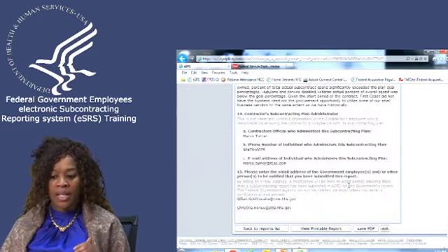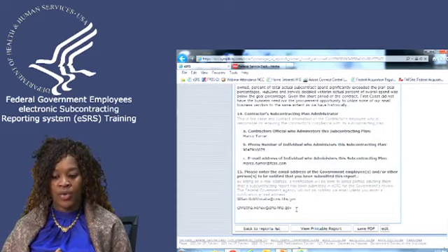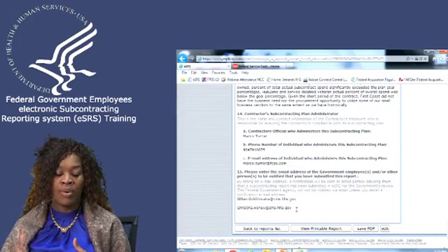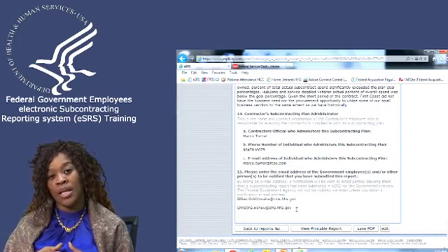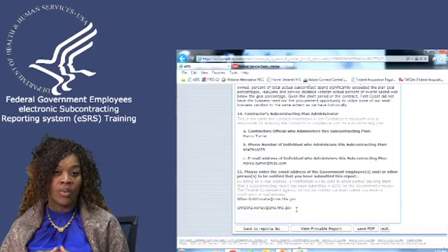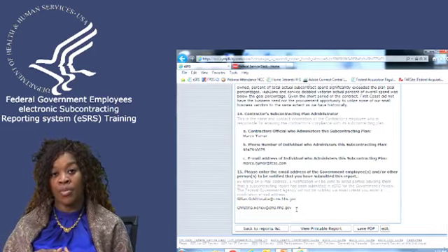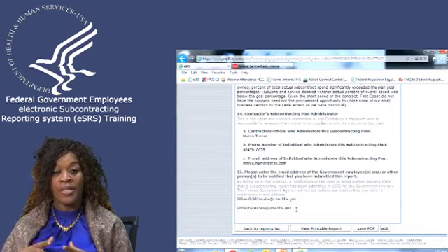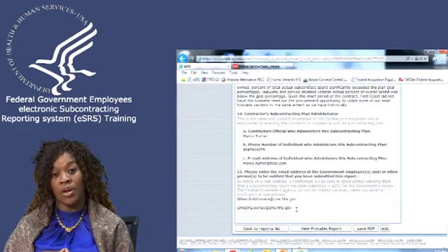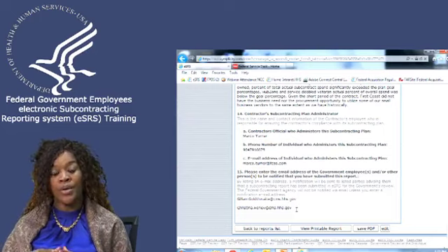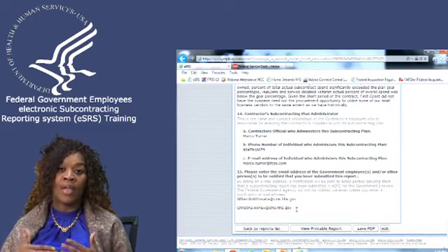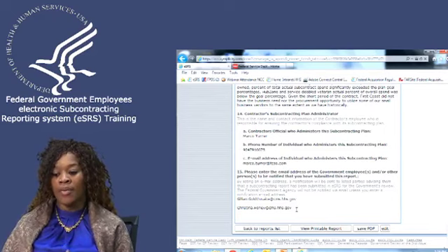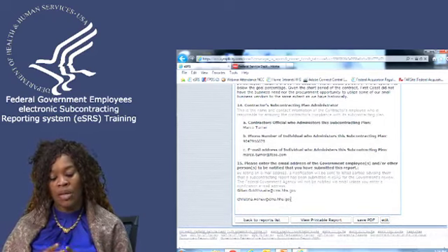The next thing that we would do again is we ask for that email address. When we ask for that email address, it does not mean that if they do not put your email address there, you will not get the report. You still will get the report as long as you are registered through the proper contracting office. Again, if you find that you have reports that have been submitted and you cannot view those reports, you just need to contact your agency coordinator and your point of contact to let them know that you cannot see your reports. Okay?